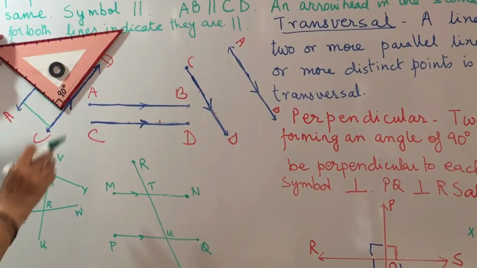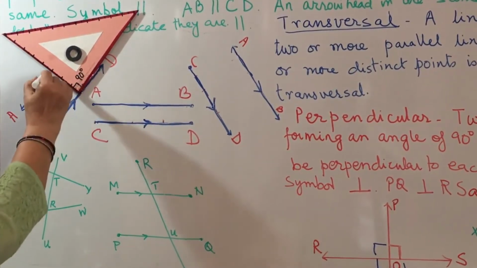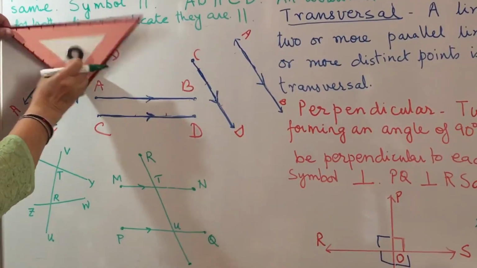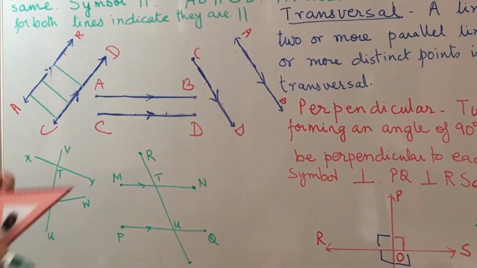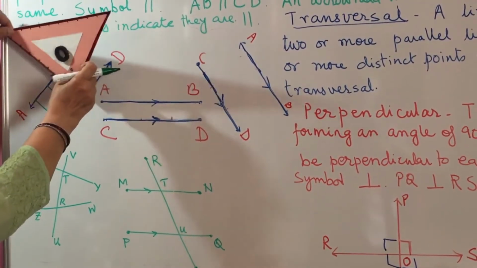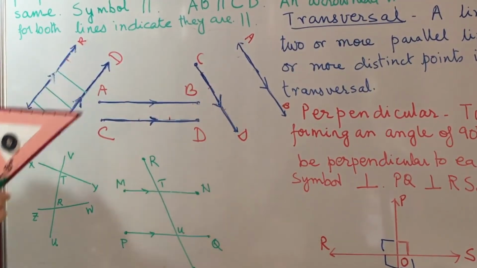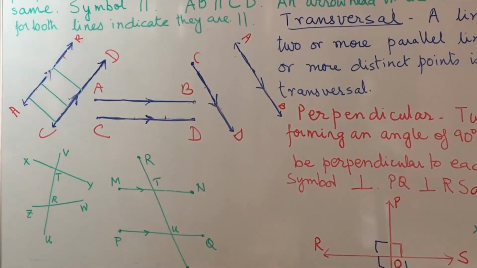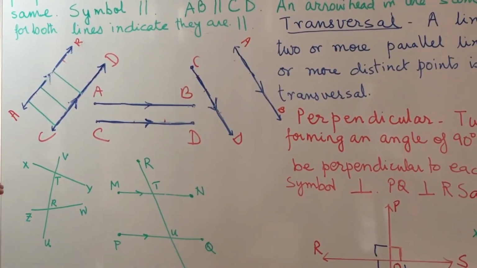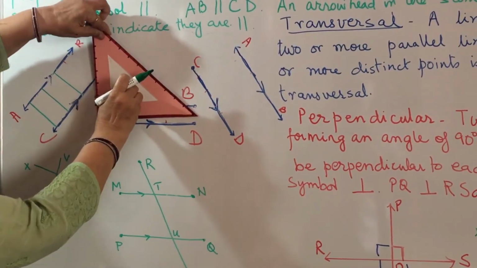a perpendicular, and I draw another perpendicular when I move the set square along CD, and now I have three perpendiculars here. The size of the perpendicular is the same as you can see from the divisions on the set square. In the same way, I can also place the set square on this line so that one of the